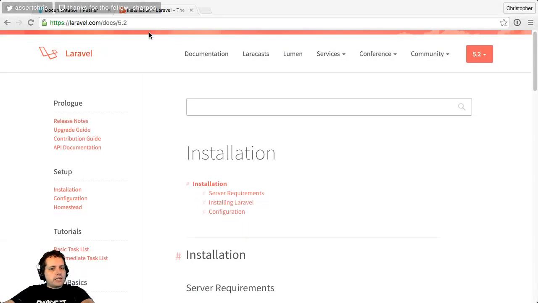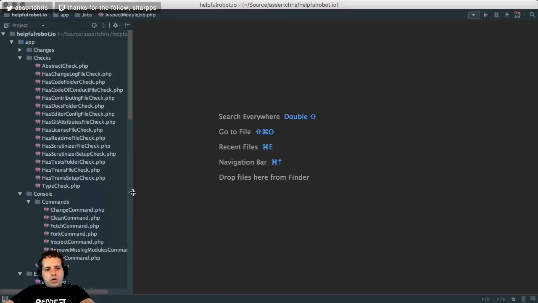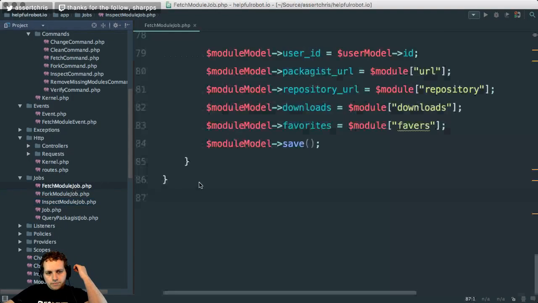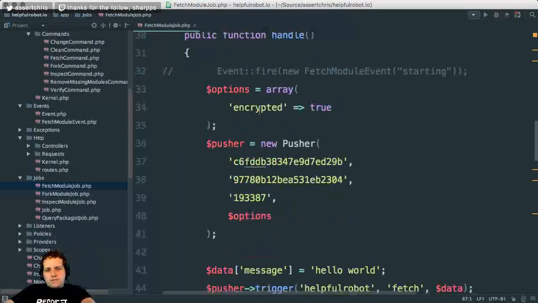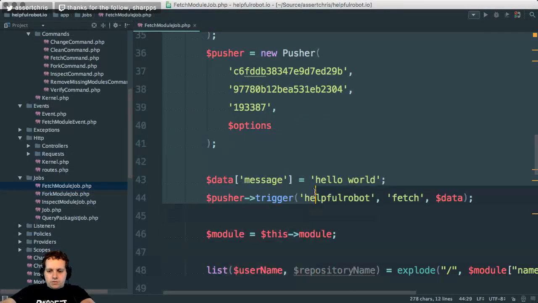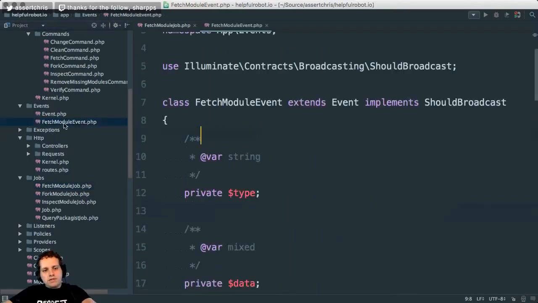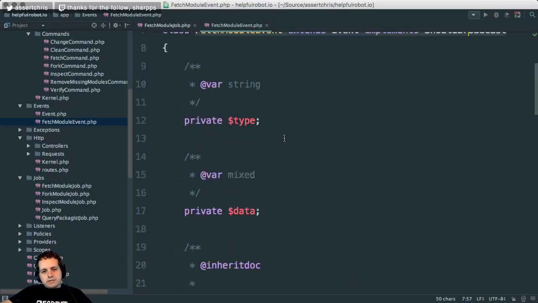Now, yesterday I started connecting to the service called Pusher because what I wanted to do was have each queue job give me some status updates so that I could watch the things that were going on in the background. So for fetches, this was the thing. I'm going to comment this stuff out because it was a stopgap that I ended up doing. What I wanted to do was fire events and have these events give kind of status updates. And so, using Artisan, I created this first thing, fetch module event, and gave